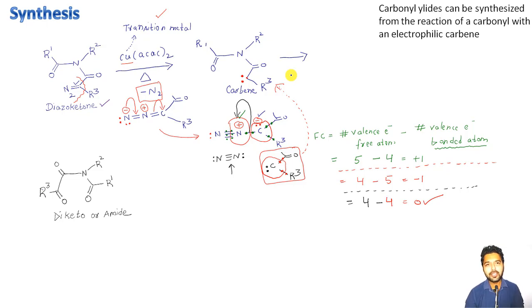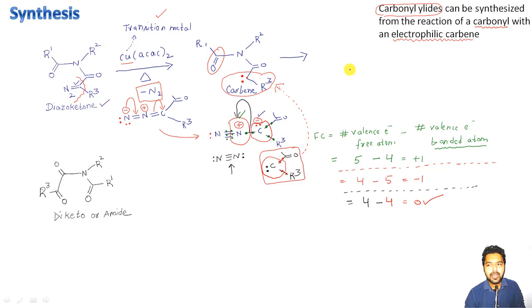Okay, what is the meaning of this thing? If you look here in this fragment, in this intermediate, yes, we are having a carbonyl part. I mean, this carbonyl I am talking about, and we do have a carbene species as well. I mean, this electrophilic carbene species. Okay, so now we have both these components. So after the reaction between a carbonyl and electrophile, I mean this thing and this thing, we will get a molecule of carbonyl ylide, right?